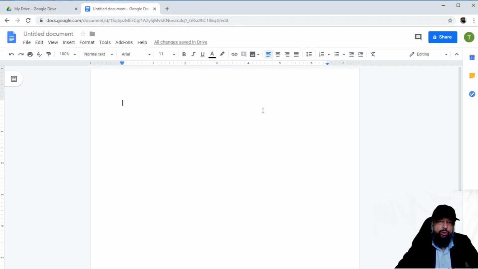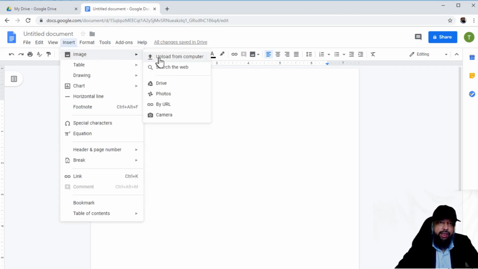In this video, you will learn how to do some basic editing on your images in your Google document. This is a blank document. I will first insert an image, and for that I can click on insert and image and then upload from